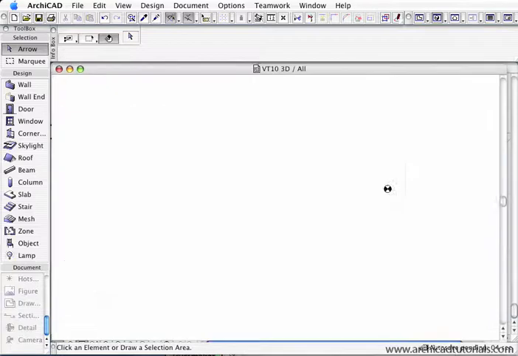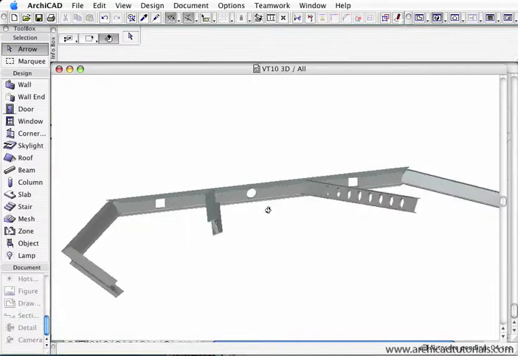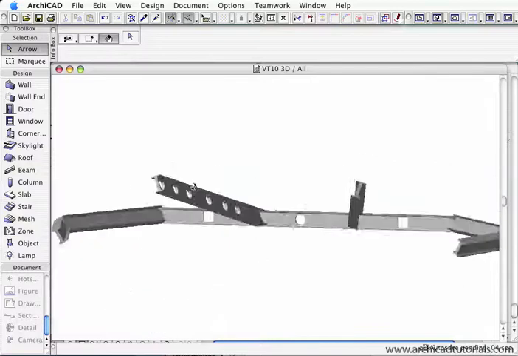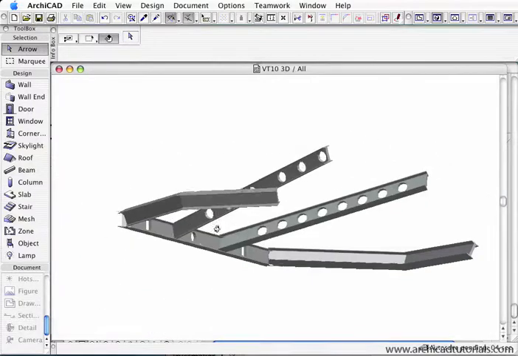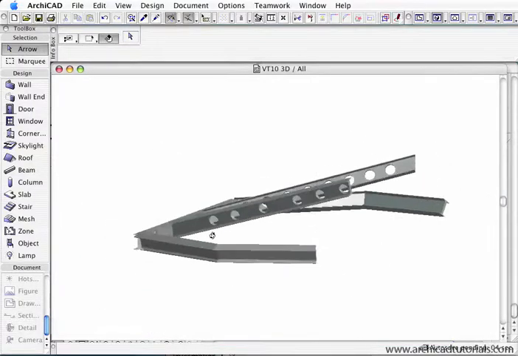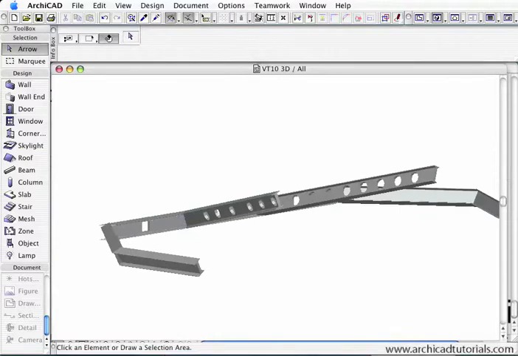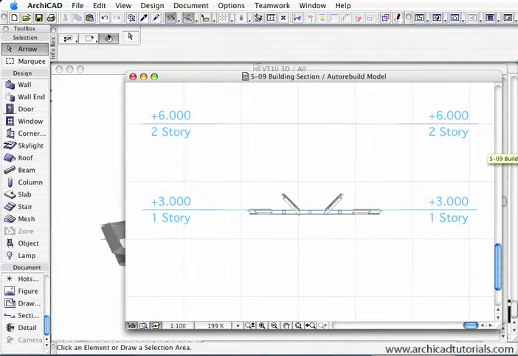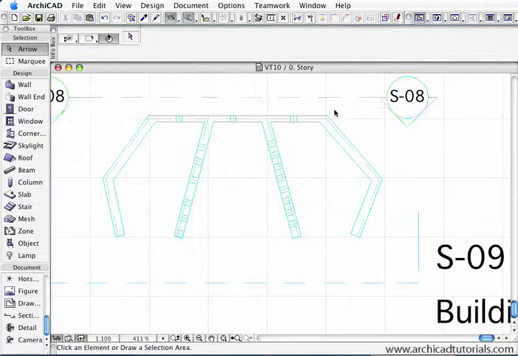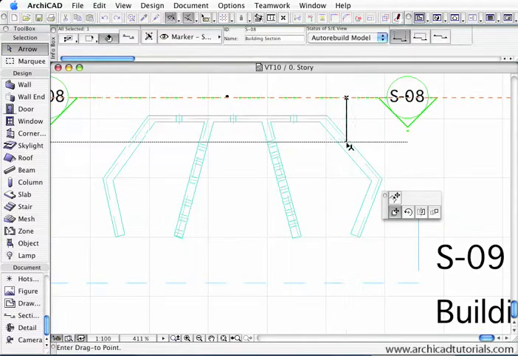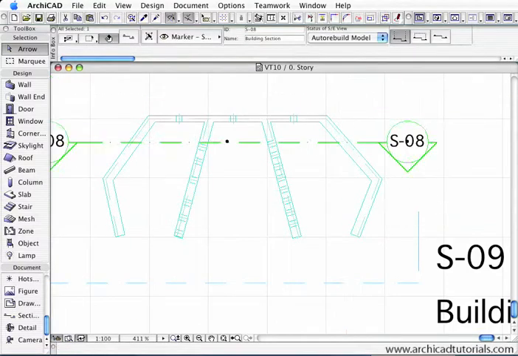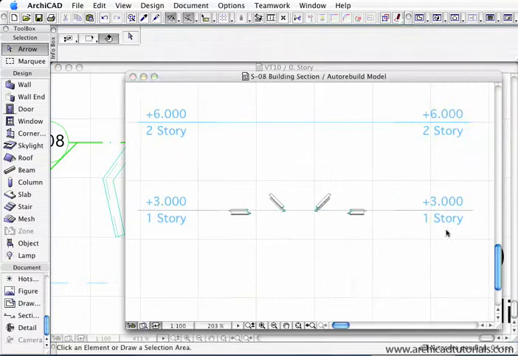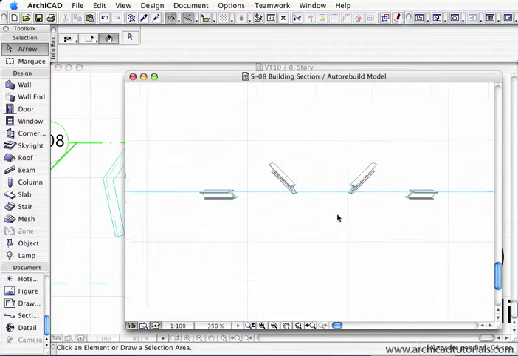So now if I go to 3D, we've got a very strange structure that would have been difficult in previous versions of Archicad. And it also creates some very pleasing elevations as well. And even if I drag the elevation marker through the building so it becomes a cross section, we can get some very nice effects